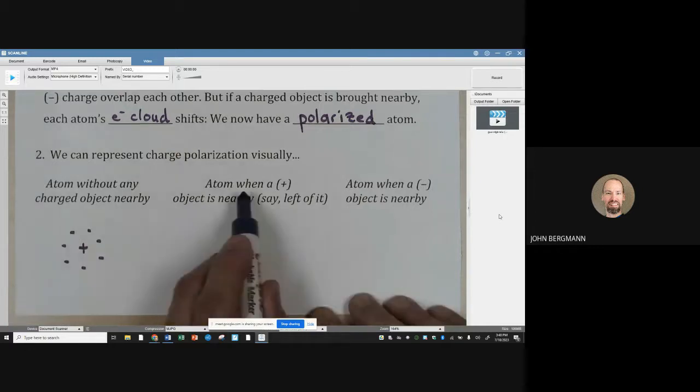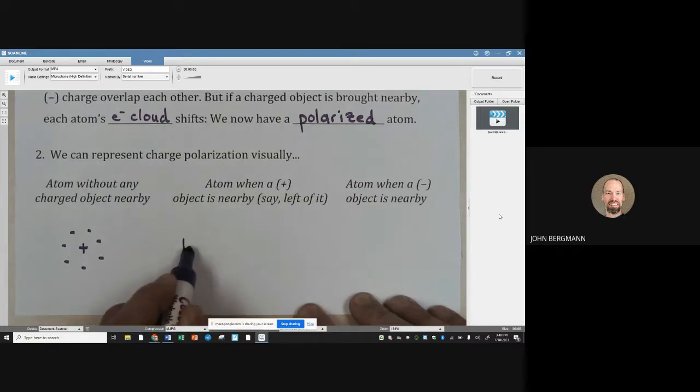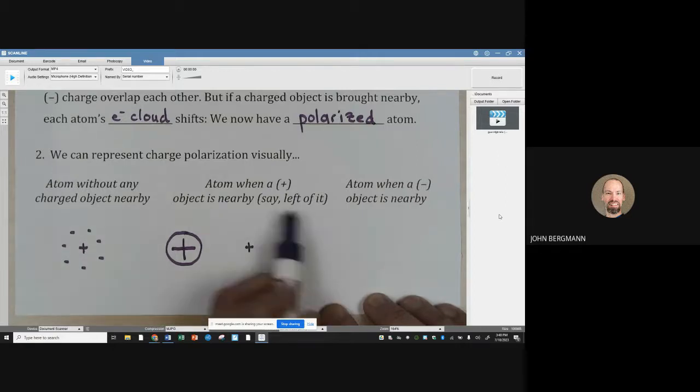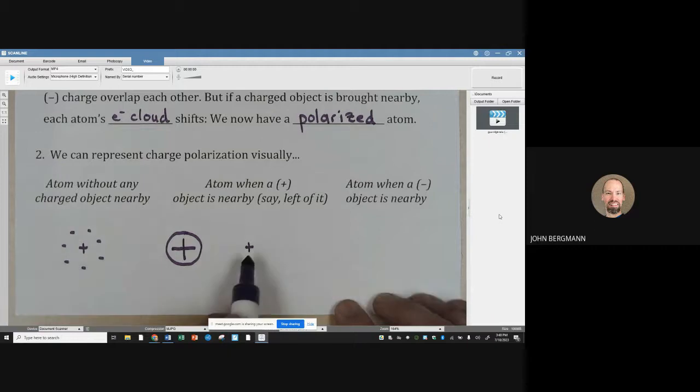Now, if we bring a positive object nearby, let's say we put it on the left here. So here's our positive object, a big O with a plus sign. And here's our nucleus. It is repelled by this, but the nucleus doesn't really go too far. You've got to remember that there are all kinds of other atoms in here, and those nuclei are pretty much fixed in place. However, the electron cloud for this atom is not fixed in place. It can shift a little bit, and so it's going to shift a little bit closer to this positive object